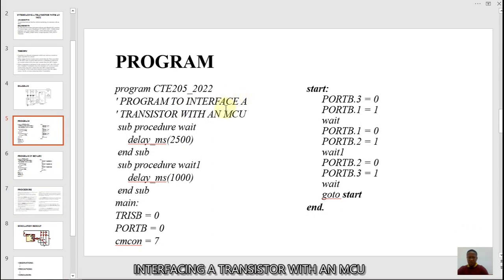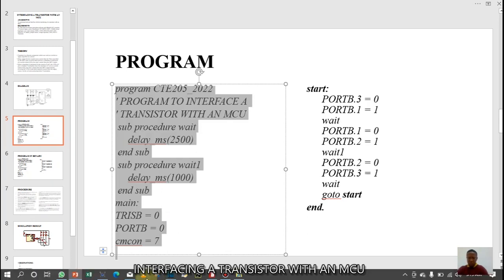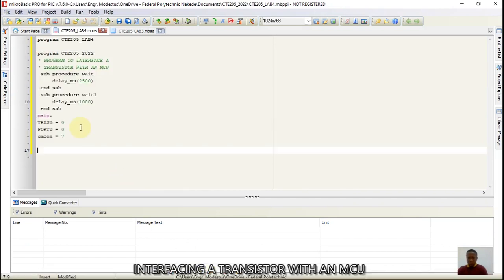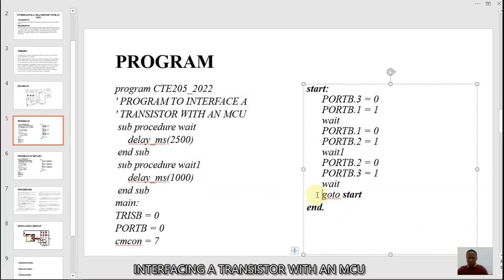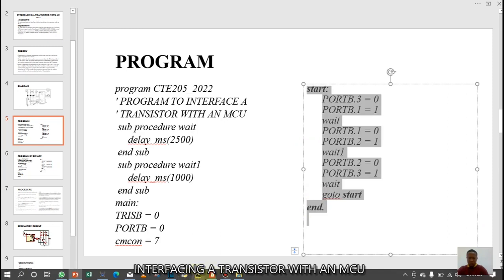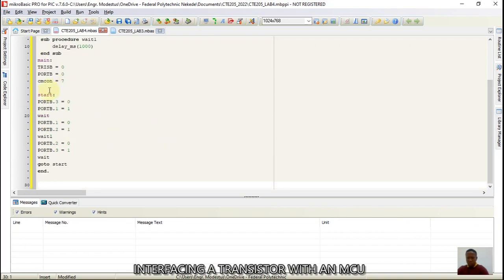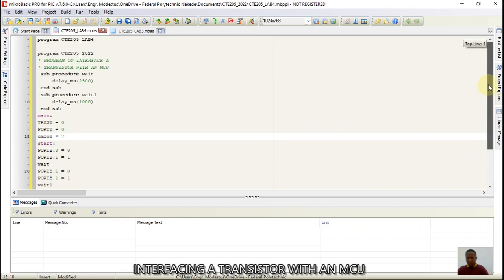It's in my program. Just copy it. Control C. It's in two sections. Copy this first one. Control V. The next one. Control C. Control V. So now that is that. I've explained this program before. I'm just going to